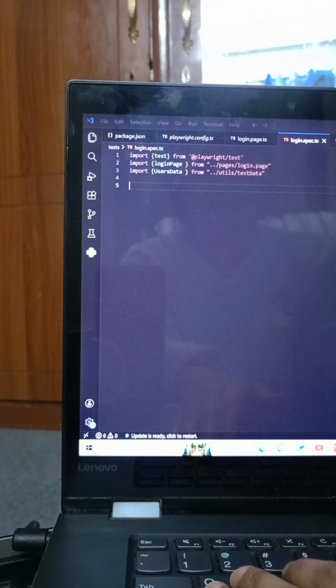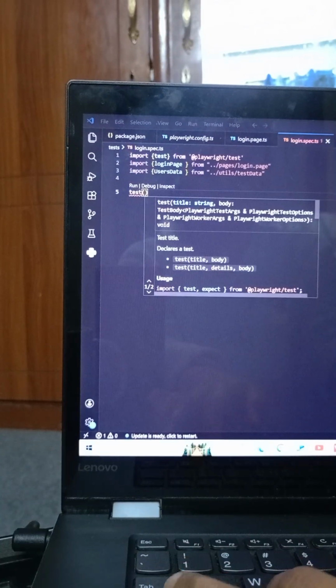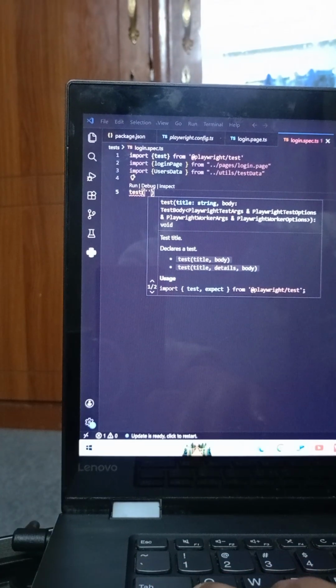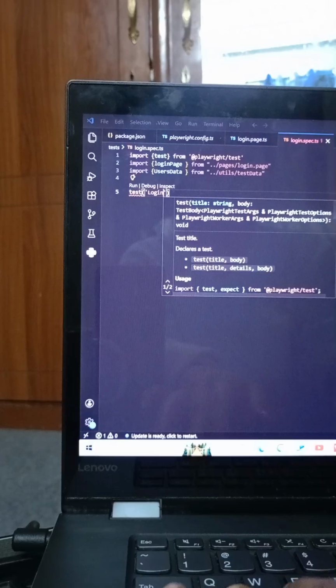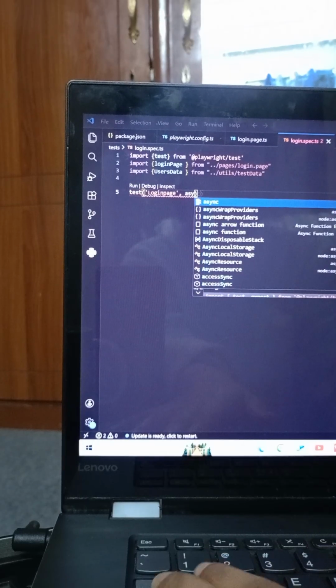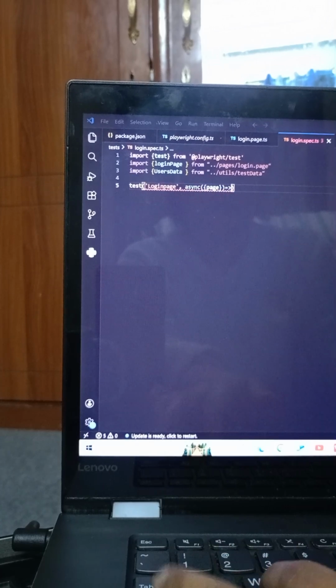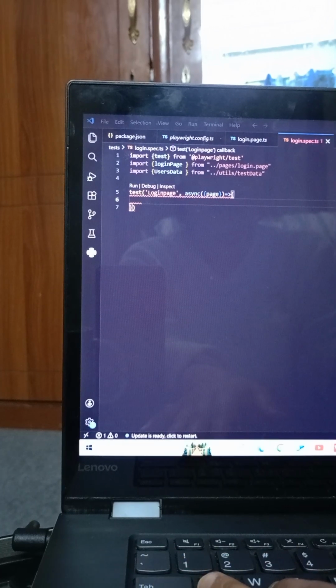Inside the login.spec.ts, I'm simply going to write test, and then I will write the login page, and then async. Here inside I'm going to simply write a page, right? And then what are we going to have is